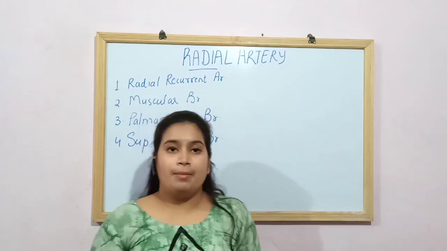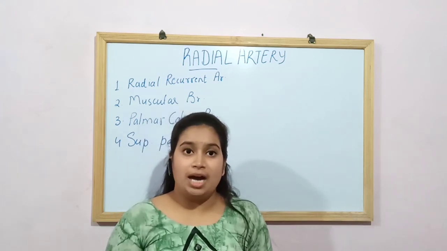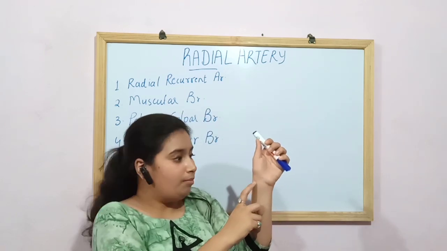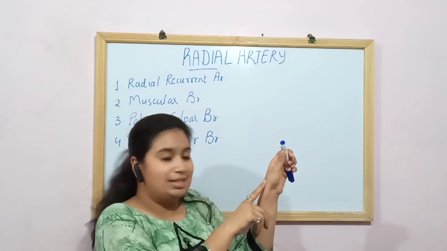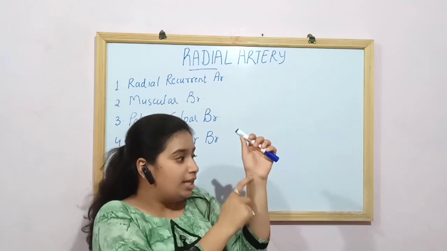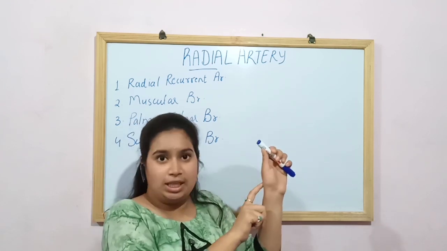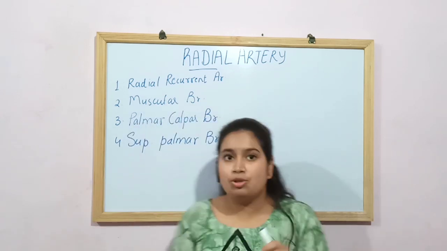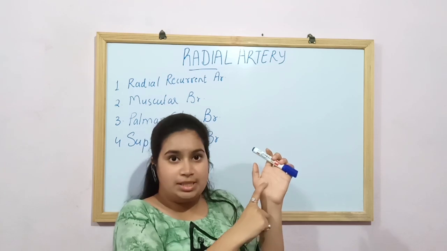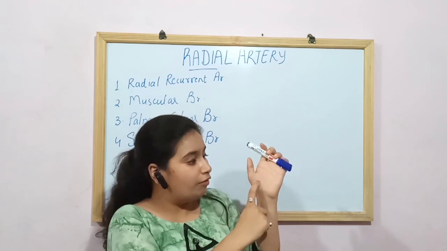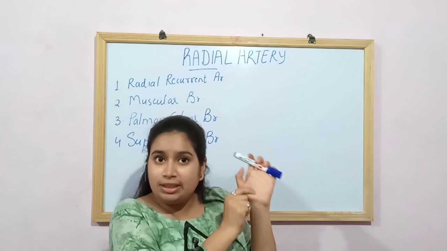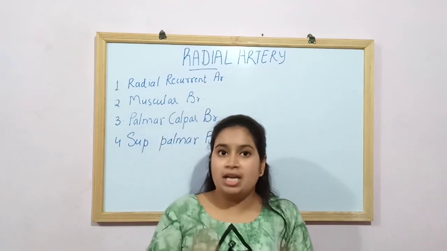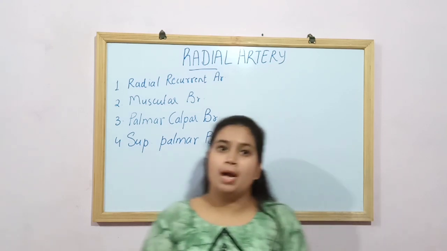The superficial palmar branch of the radial artery starts where the radial artery ends at the forearm and winds backward to the anatomical snuff box. जब radial artery यहाँ से forearm को छोड़ के पीछे चले जाती है anatomical snuff box में, वहीं से ये superficial palmar branch arise होती है and it move forward deep and supplies all the thenar muscles and the terminal branches of the ulnar artery and anastomose with the ulnar palmar branch artery.